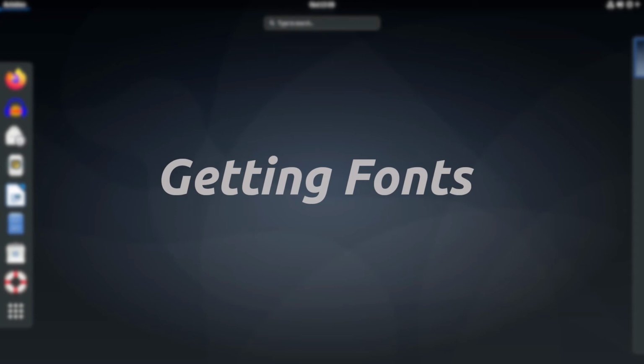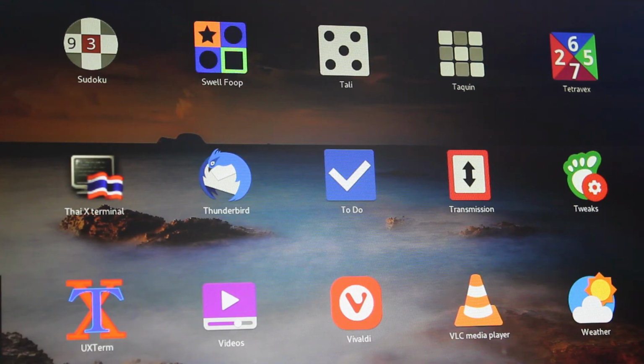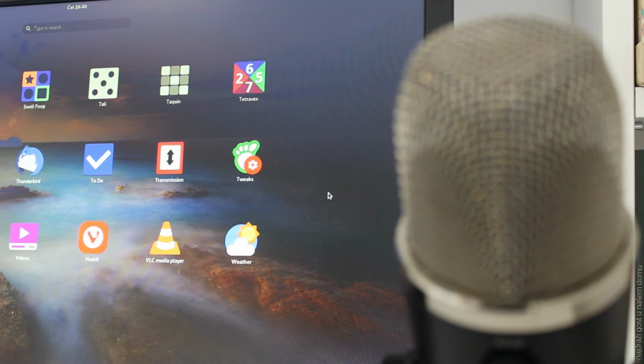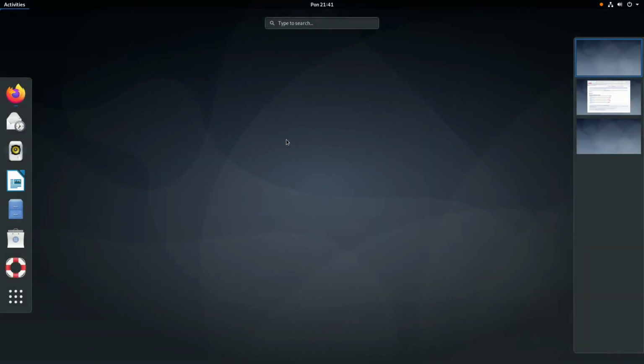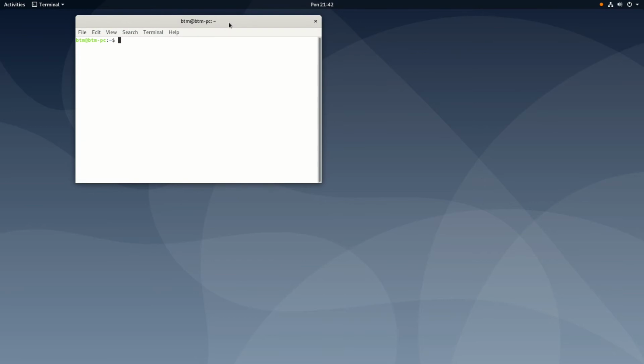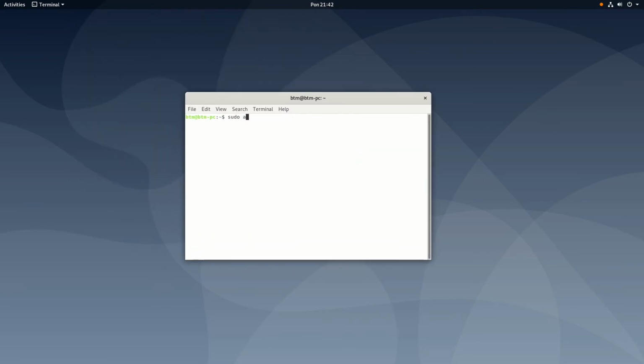To exchange our documents with other people, we need MS Fonts installed on our Linux system. Our traditional way of installing the MS Fonts package has been via Synaptic Package Manager. But Debian 10's default display server is Wayland, which doesn't support Synaptic Package Manager, so we have to install MS Fonts via terminal. It's not a big deal, you just need to type in a simple command: sudo apt install